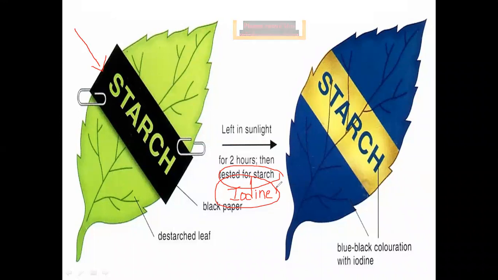photosynthesis. So here, pay attention to know the difference between analyze and interpret. Pay attention to this difference. If I want to analyze, what do you have to do? After leaving the leaf in sunlight for 2 hours and covering a part of it with a black cover,